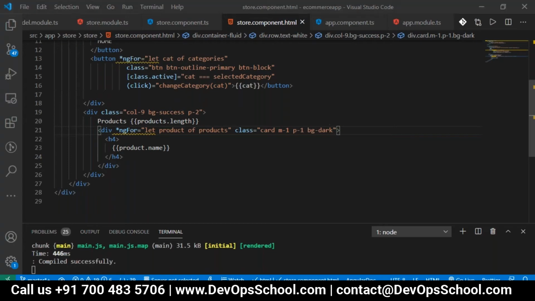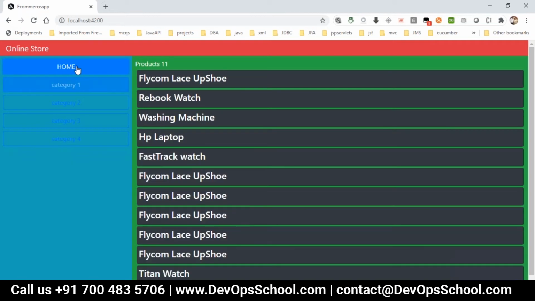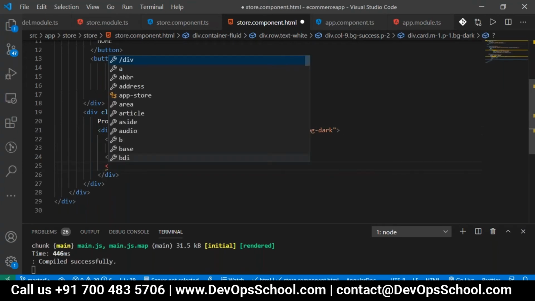So it's just displaying only a product name, but I want the other product information also. So what is the price and all the details we wanted. So after here h4, I'll just take a span.